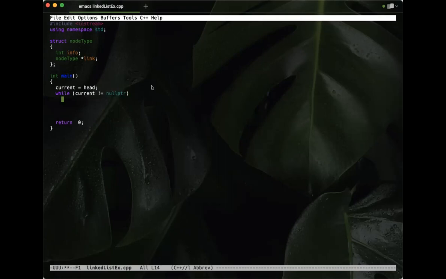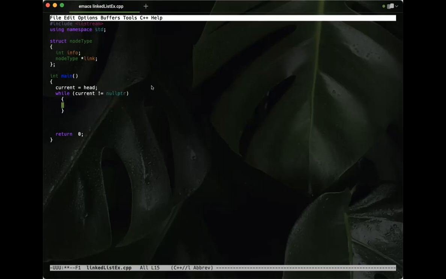You can then inside of this do whatever you want to process the list. So this allows us to iterate through every element of the list all the way until the end. If you wanted to go through and print out all the data stored in the list, then what you do in here